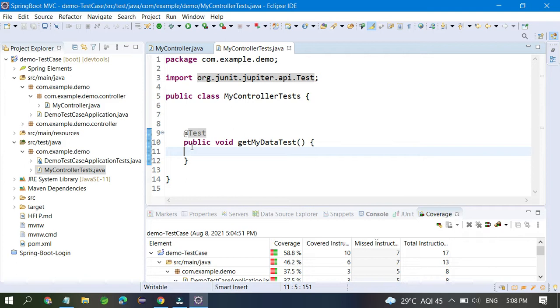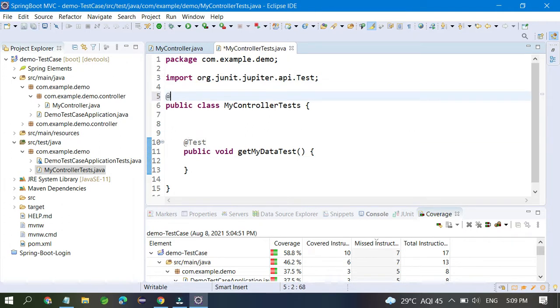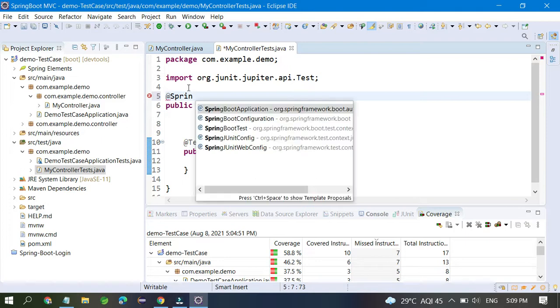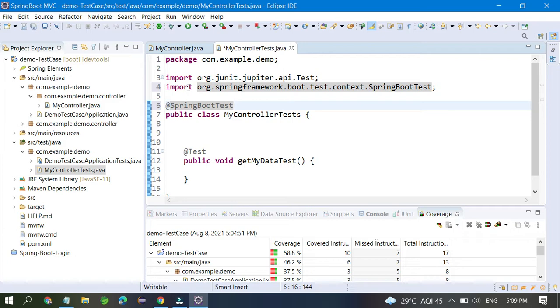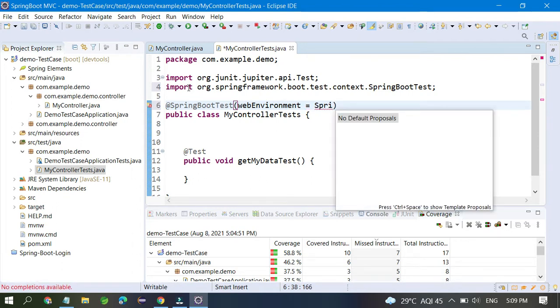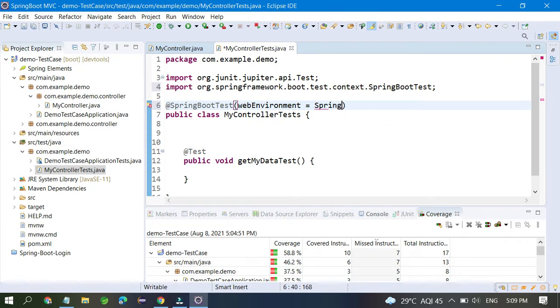You have to write a @SpringBootTest annotation on the class side. Inside the Spring Boot test you have to write two things: webEnvironment equal to SpringBootTest.WebEnvironment.MOCK.